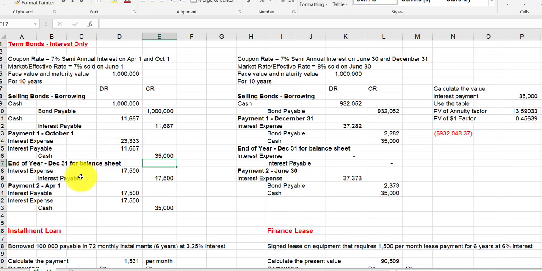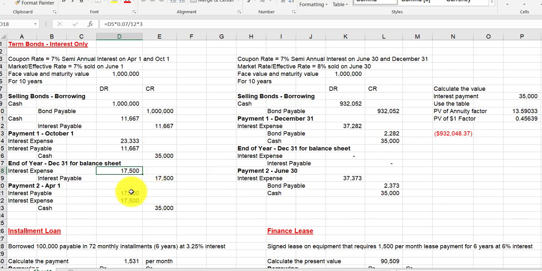This next thing we need to worry about is our payment isn't until April, but on December 31st, we're doing our financial statements. And so we need to make an adjustment because what's happened, we paid our interest on October 1st, but there's been 3 months since then. October, November, December. 3 months of interest is $17,500 as calculated here in the formula. That is going to get us $17,500. We don't pay it. We simply record it as an adjusting entry, increasing our expense and increasing our current liabilities,